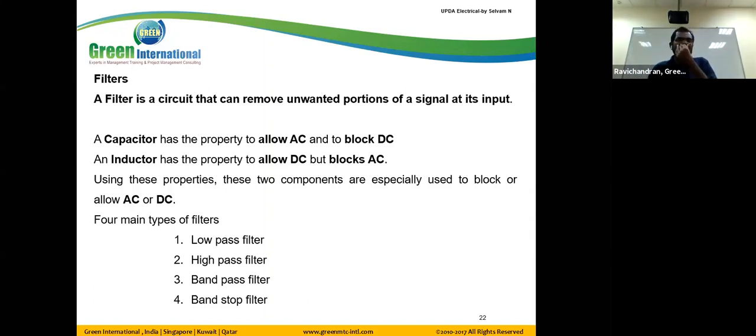Okay, next, with the RC and RL circuits, we are discussing the applications of the RC and RL circuits. We are using them for filters and for wave shaping circuits. For these two purposes, we are using RC and RL circuits. And apart from this,